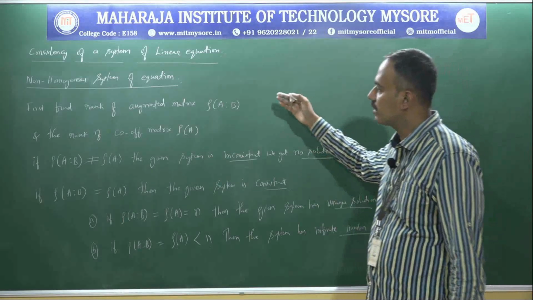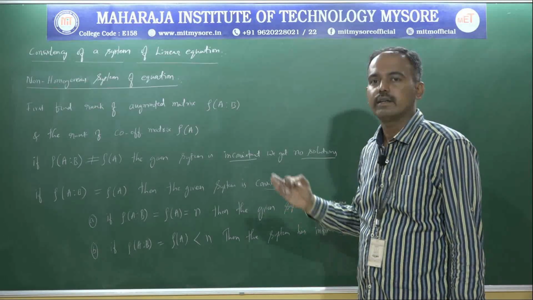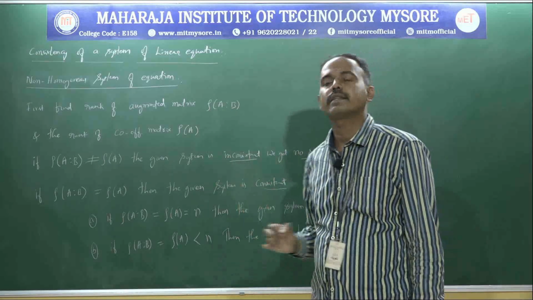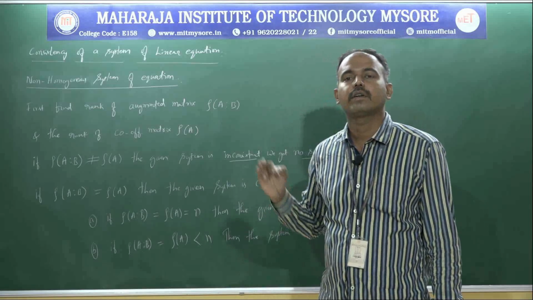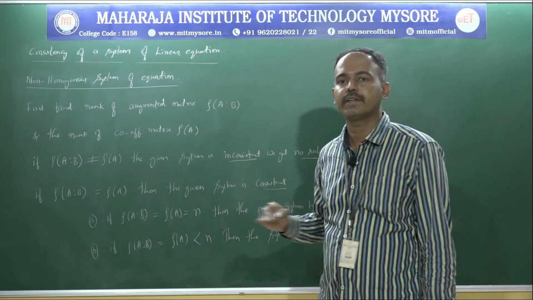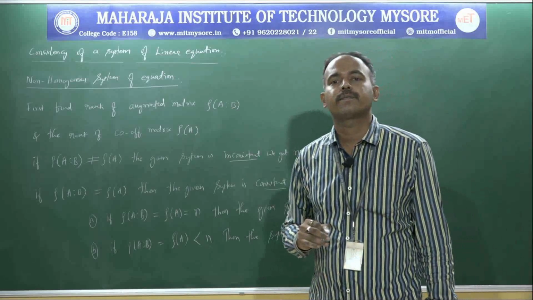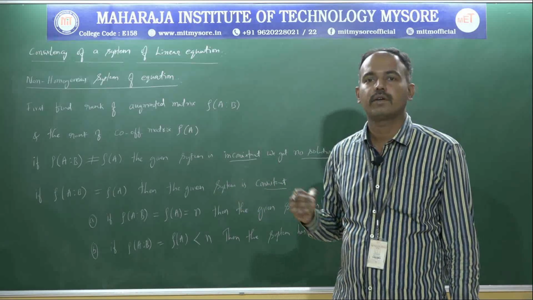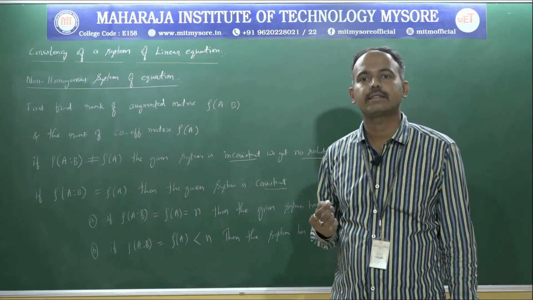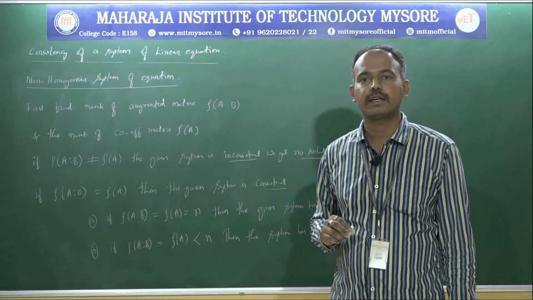Based on these conditions and restrictions, we can conclude whether the given system of equations is consistent or inconsistent, and whether we get a unique solution or an infinite number of solutions, depending on the considerations here. Next we can discuss some examples, where the system is consistent or inconsistent, with a unique solution or infinite solutions.